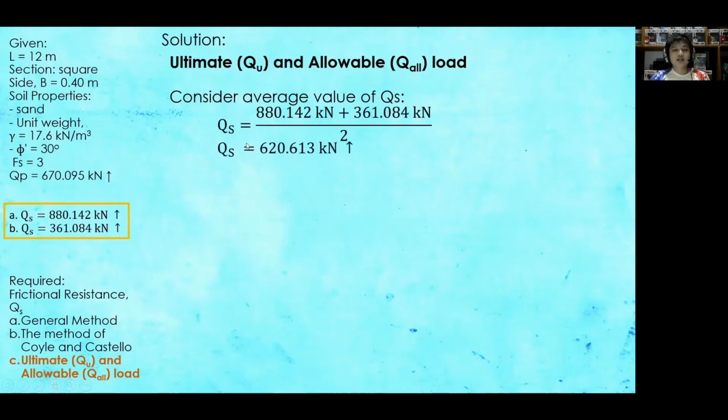So for this example, Q sub S is equal to the average of QS for the first method, the general method, that is about 880.142 kilonewtons, and our QS for Coyle and Castello's method of about 361.084 kilonewtons. Thus, the average is 620.613